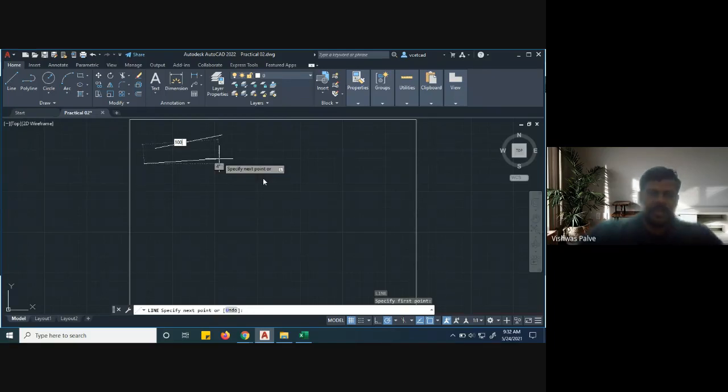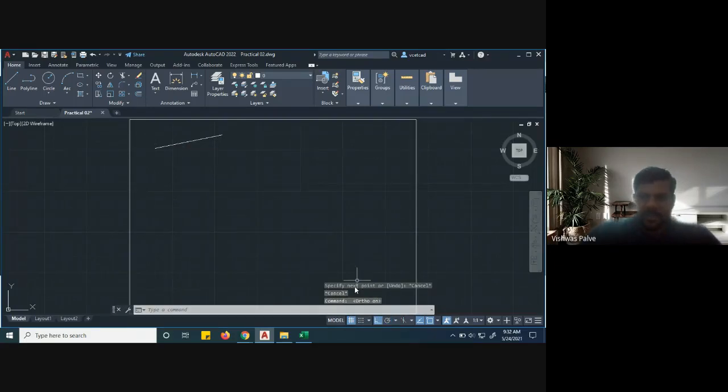When I press F8, the command line shows ortho on, you can see this ortho is on, and again if I press F8, then the ortho is off. So this is the feature, ortho on, off. You can see that on the bottom side there is an option to restrict the cursor orthogonally, on, off. The shortcut for ortho on and ortho off is F8. Please note it down.